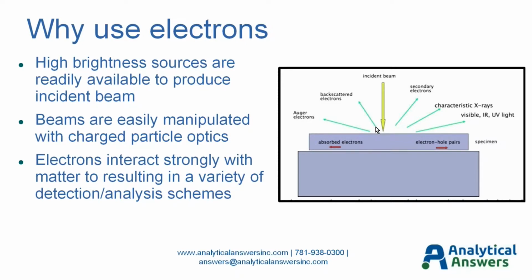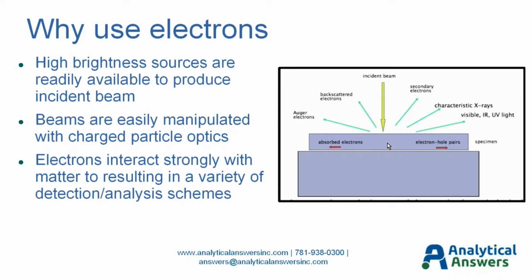Backscattered electrons are also emitted. We use those in imaging studies because they have the advantage of producing some mass-dependent contrast. Elements and materials in the sample that are heavier provide a larger yield of backscattered electrons and therefore appear brighter in the resultant image. And also, as the electrons are interacting with the atoms in the sample, they will cause